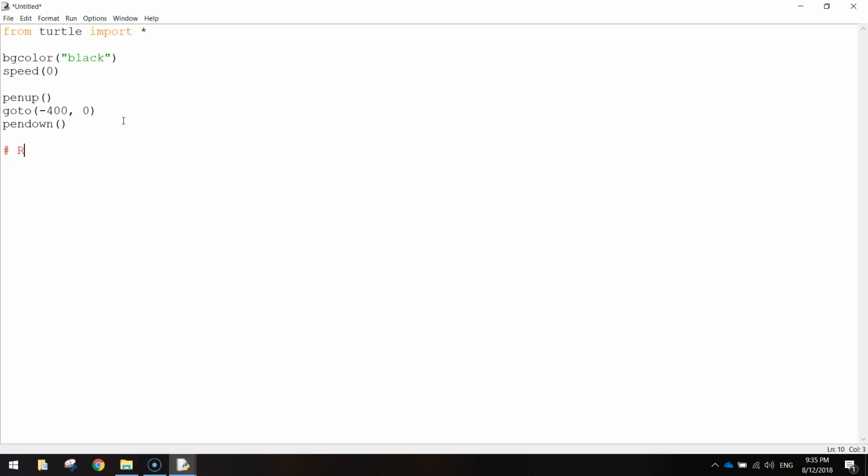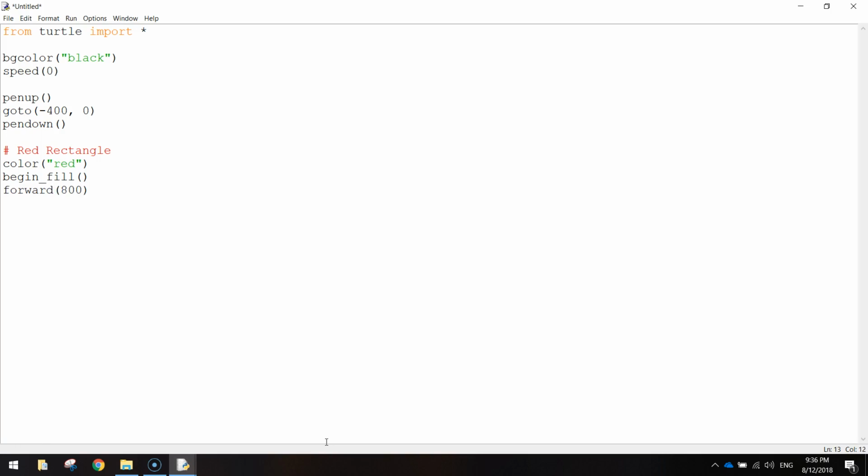Okay, we're going to start drawing the red rectangle, so I'm going to put in a comment. That just tells us we're putting in a red rectangle. First thing I'm going to do is just change the color to red. I should put that in quotation marks. That means the color that we're going to be drawing our shape in a moment is going to be a nice red color. We're going to now put in the begin fill method there, and we're going to start moving forward